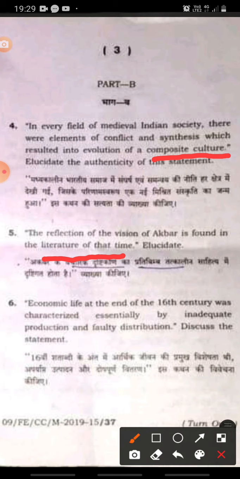Sixth question: economic life at the end of the 16th century was characterized essentially by inadequate production and faulty distribution. Discuss the statement. So this is also a statement. You have to write about the economic life of medieval India. If you have gone through the economic life during the medieval period, you can write this question easily. So next,